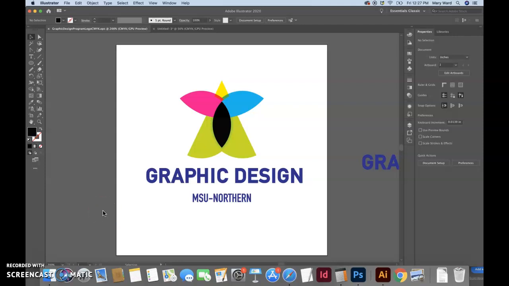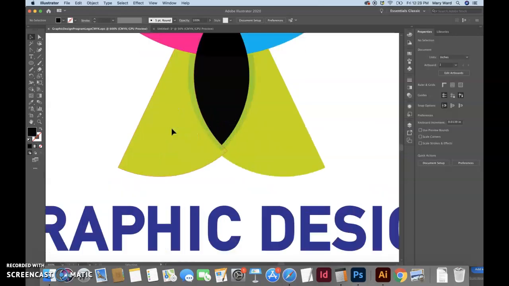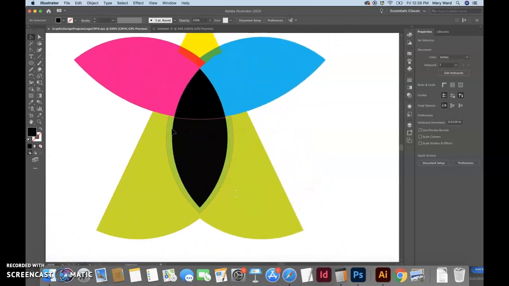Okay, and then there's also another thing that I'm kind of leaving out with you guys. I'm realizing I need to let you guys know that with logos, it's great to use transparencies to find those shapes that you want, but it's also a good idea to actually create these shapes and fill them in, such as this little triangle here, possibly this slightly arced shape here in green, this shape here. It's actually a good idea to use the shape builder tool and actually try to build out these shapes so